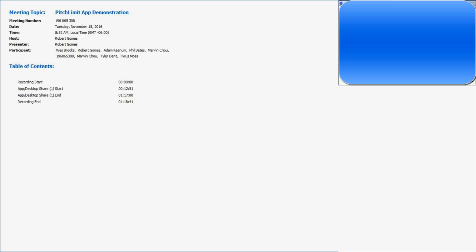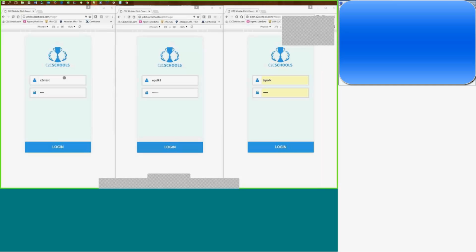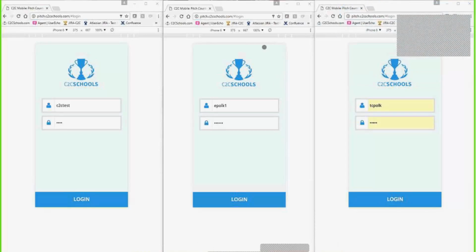What I'm going to do is share my screen with everybody. I just want to double check. Can everyone see my screen now? We should have 3 separate windows pulled up with the pitch application displayed. Okay, so the reason for me having these 3 pulled up is the way that we've